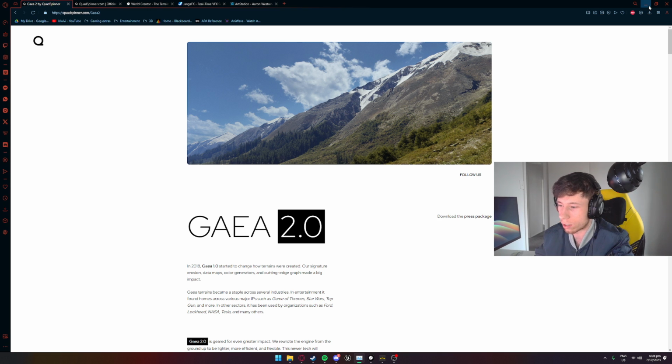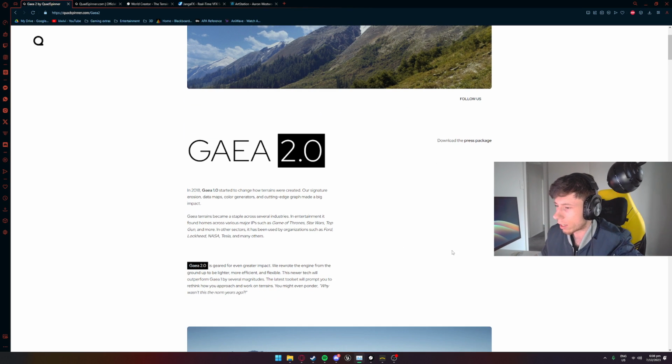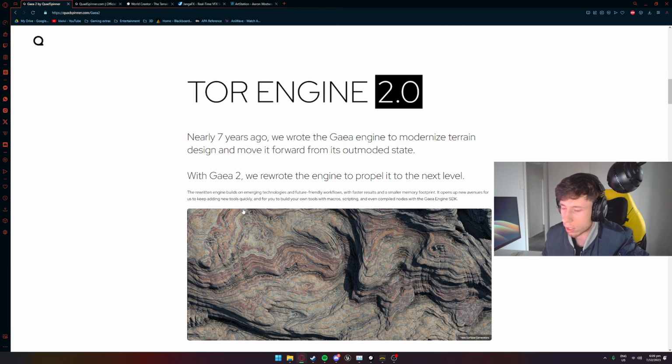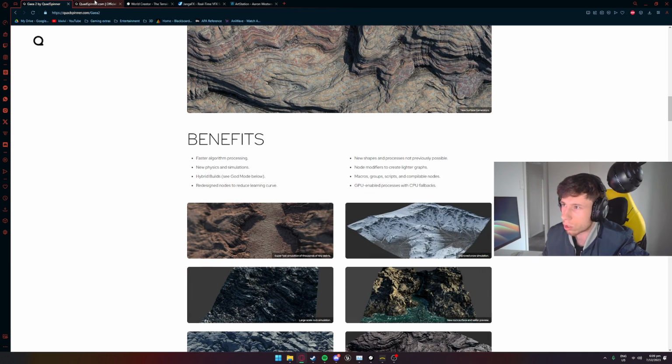I would understand if it's not completely GPU. I think I read somewhere that you have a fallback of your CPU, so it's going to be GPU until maybe your GPU caps out or something goes up with your GPU, then it pushes onto the CPU. I'm not sure if that's the way it's going to work, but regardless, it just seems really nice. So I guess moving on to GAEA,